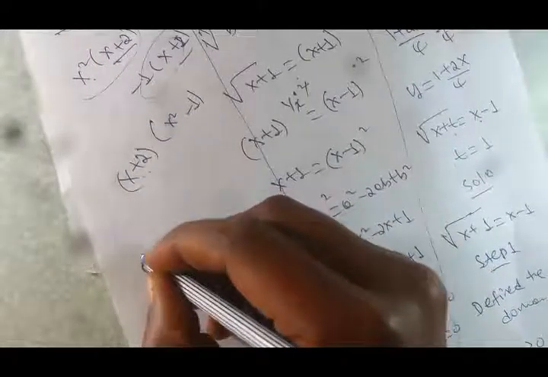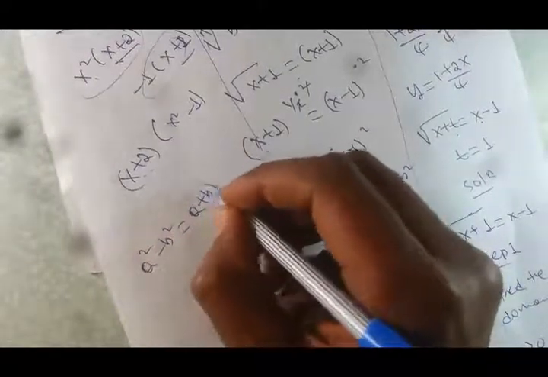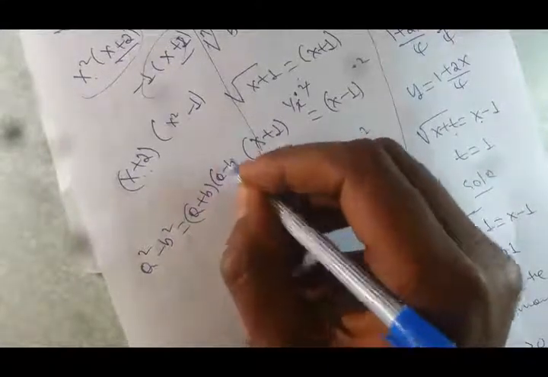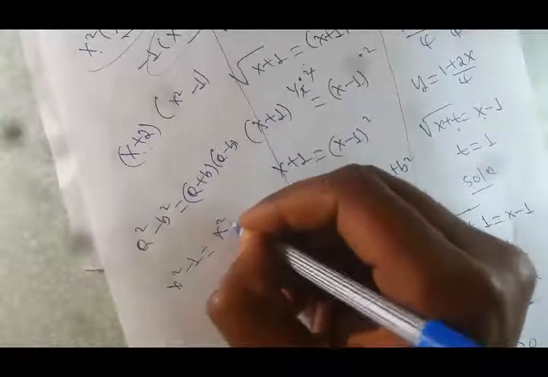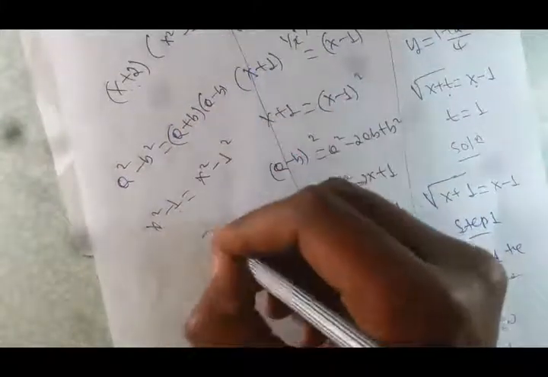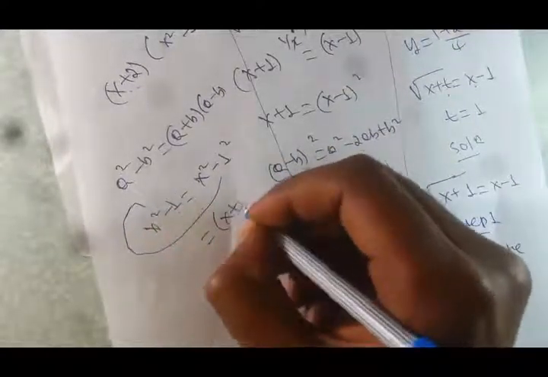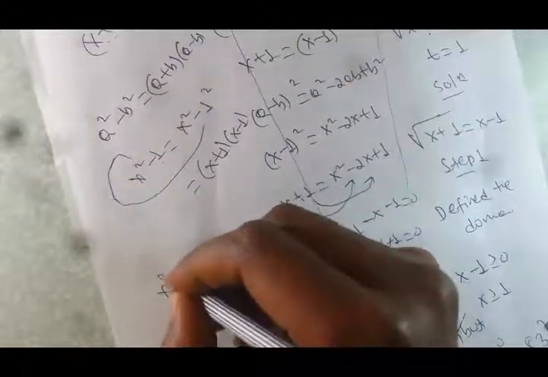And we know that a square minus b square is equal to what? a plus b times a minus b. Like this, x square minus 1 can also be written as x square minus 1 square, because 1 square is equal to 1. This is equivalent to this expression, and this is equal to x plus 1 times x minus 1. Therefore x cube